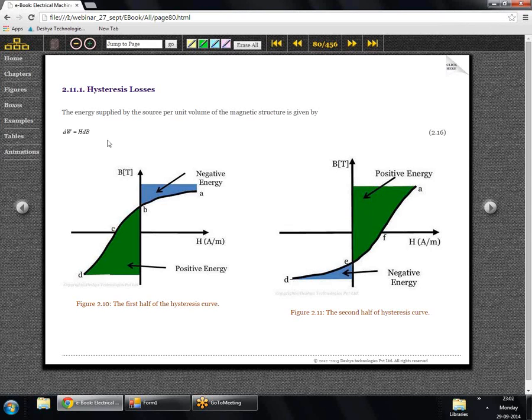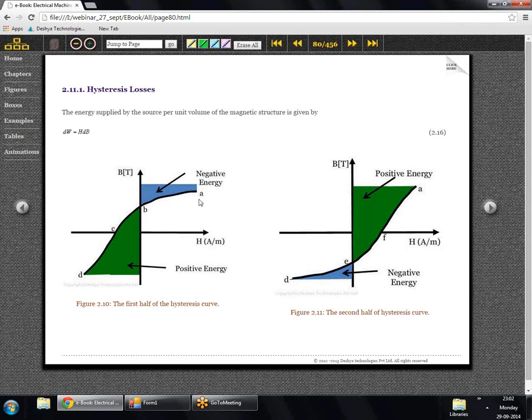The expression 2.16 tells us that the energy supplied by the source to a ferromagnetic material is equal to the magnetic field intensity times the rate of change of magnetic flux density. Now let's look at equation 2.16